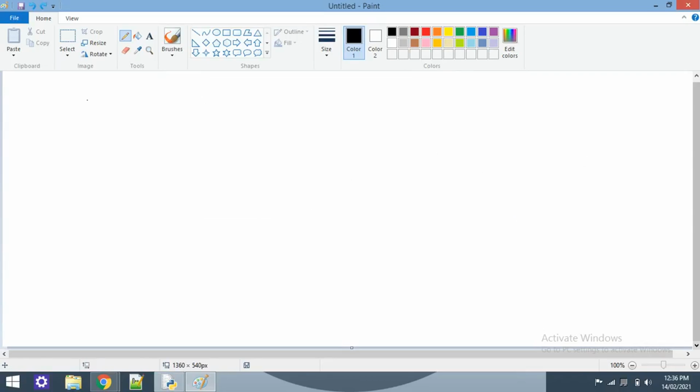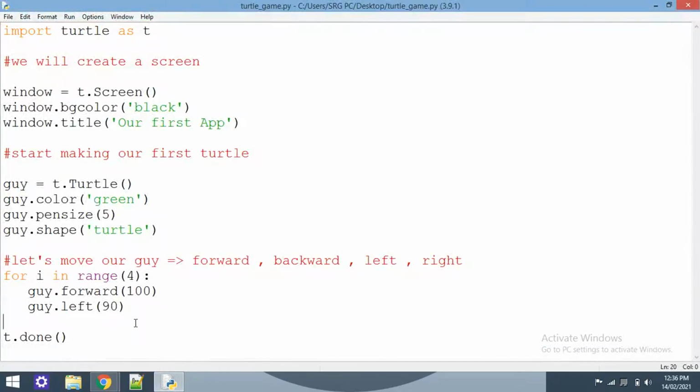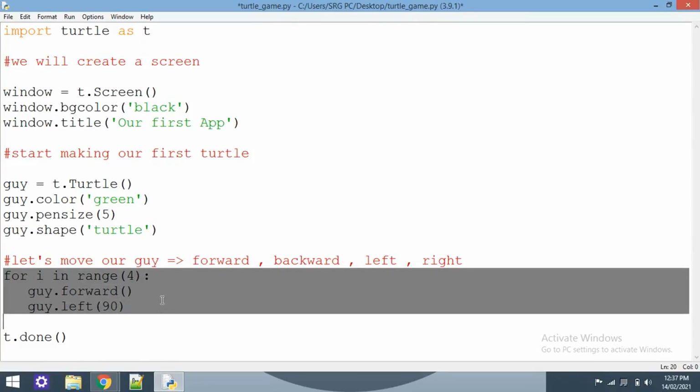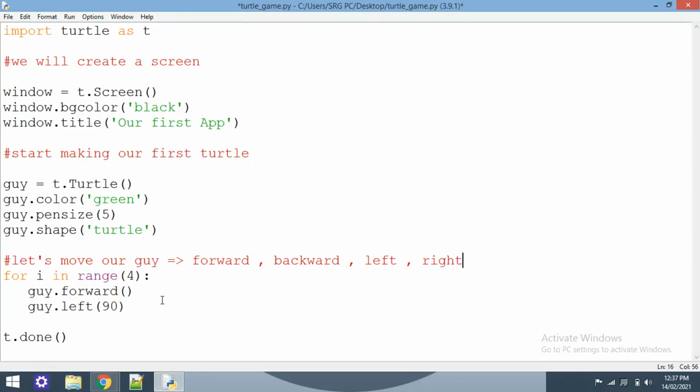So how can we make this using a loop? What do we need to perform? First of all, we need to change these values. We want to move forward 50 pixels. Then suppose we have 60, then 70 or 80, then 90, 100, whatever we want. Starting from 50, we run a loop up to a much greater value. We know that this complete 3-line code can make a square for us, right?